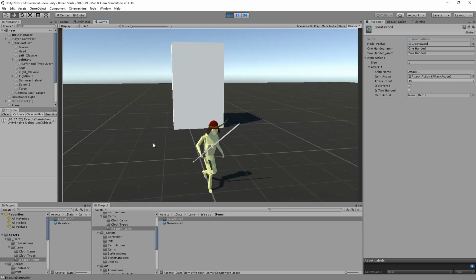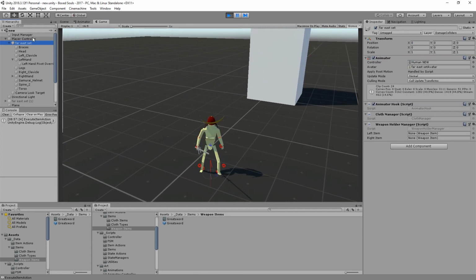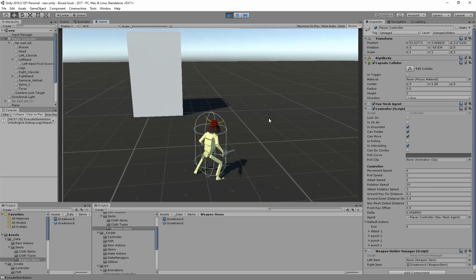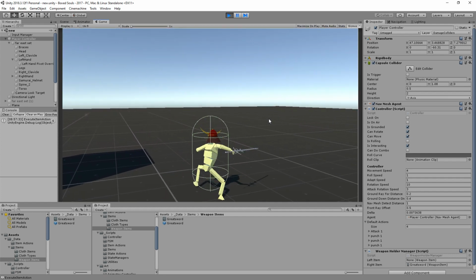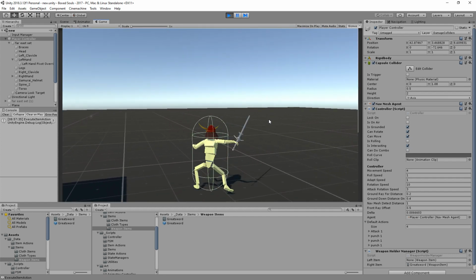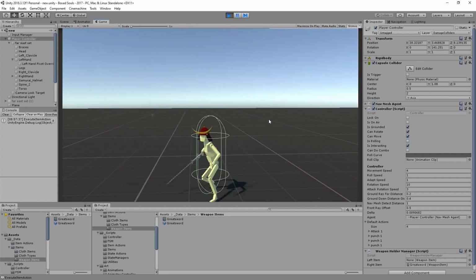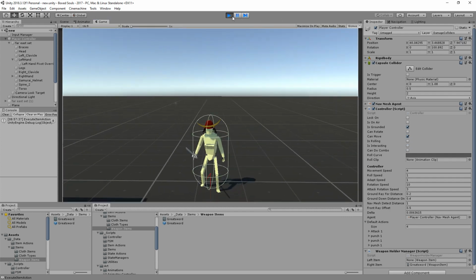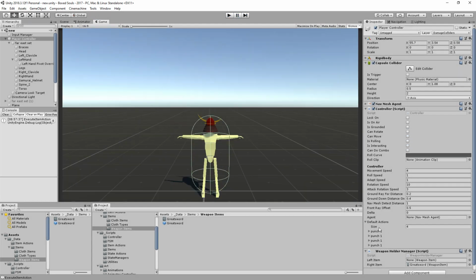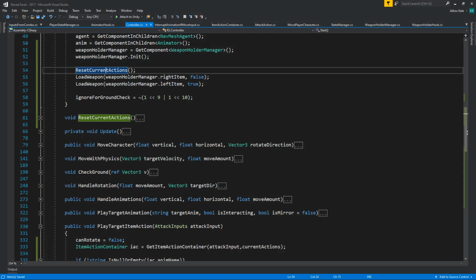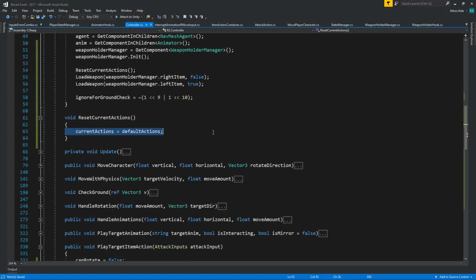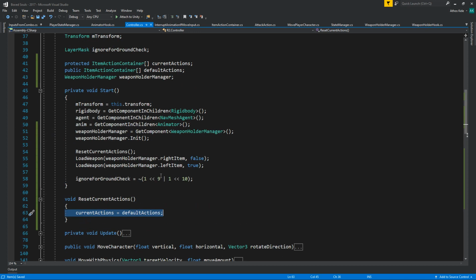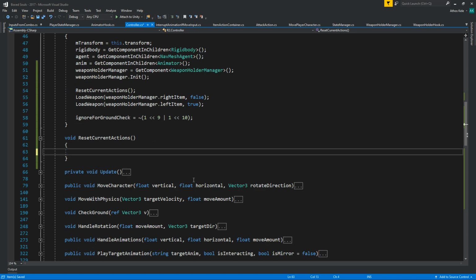But I think the left attack is on my left click, but the right attack is on the right one. But yeah, as you can see, I can actually attack. Oh, it changes the default action, so that means the reset current actions, this one does not make an actual copy, it makes a shallow copy. So we will need